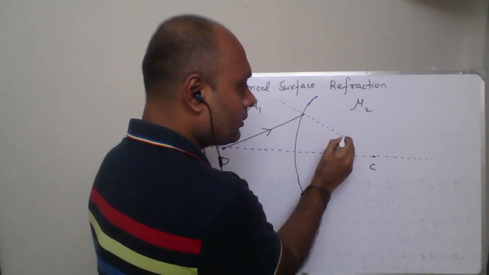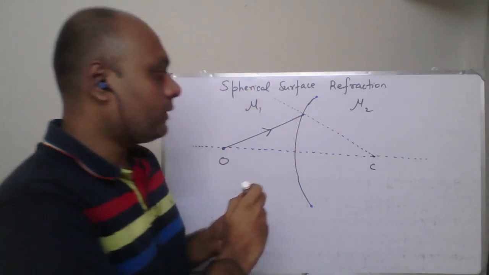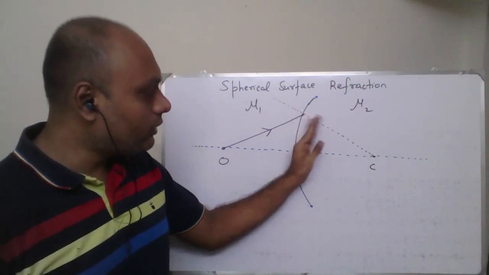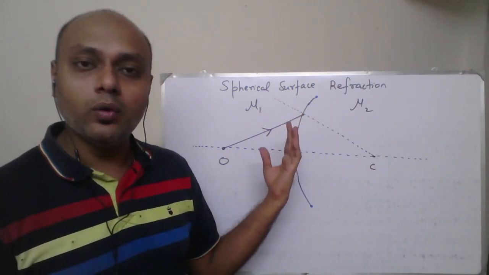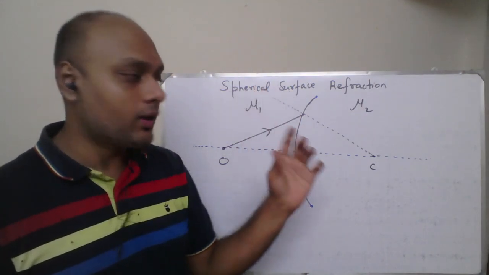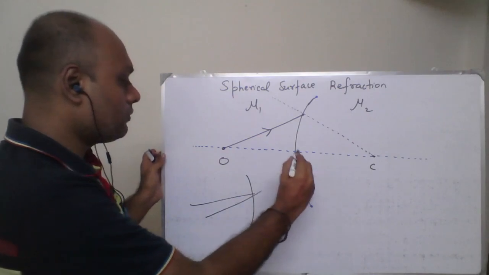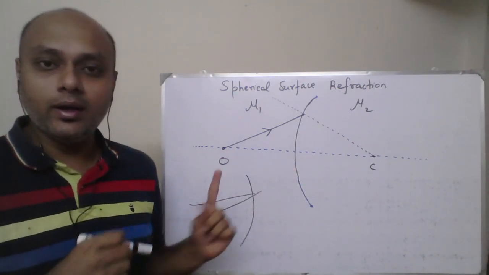Now you see that the normal and the incident ray are on different sides. If you had reversed the orientation of the surface, like how I had it in the first diagram, that is, if you draw like this, then the incident ray and normal will both be on the same side, and the diagram will become congested.